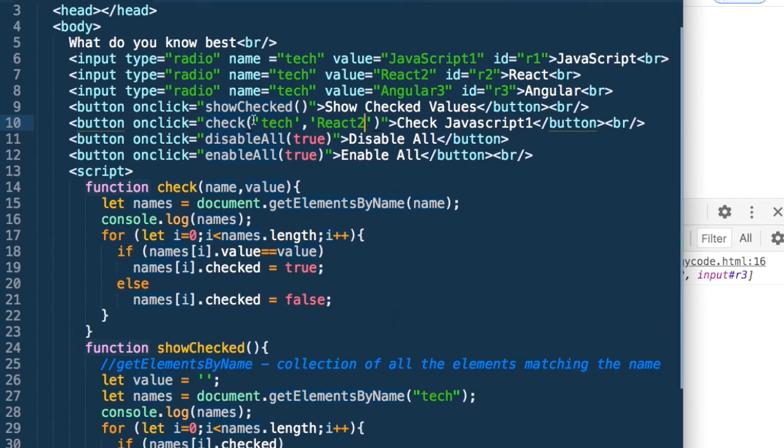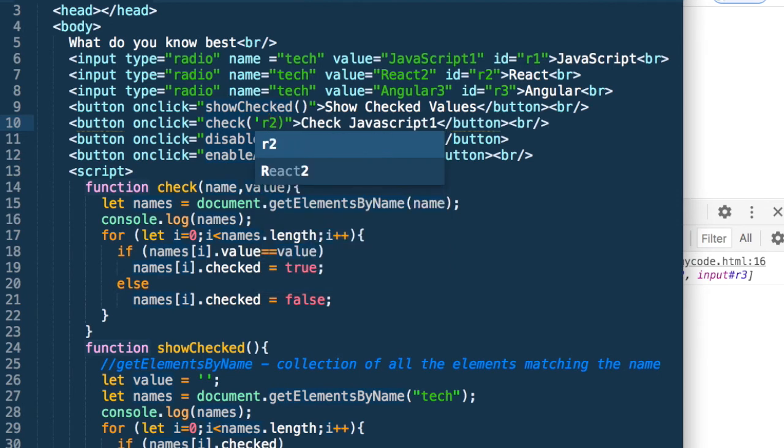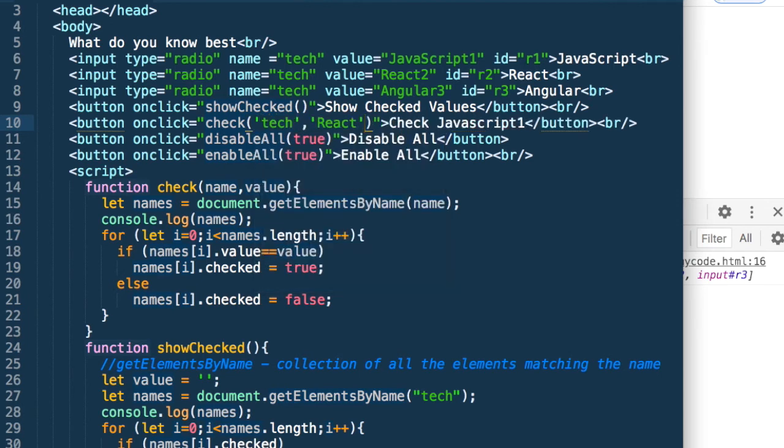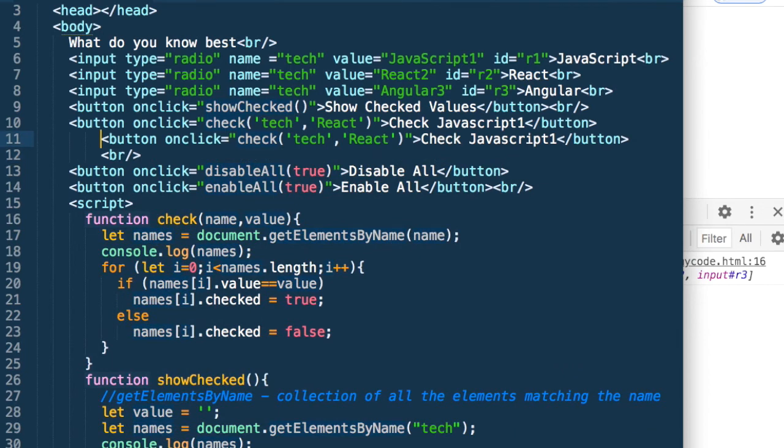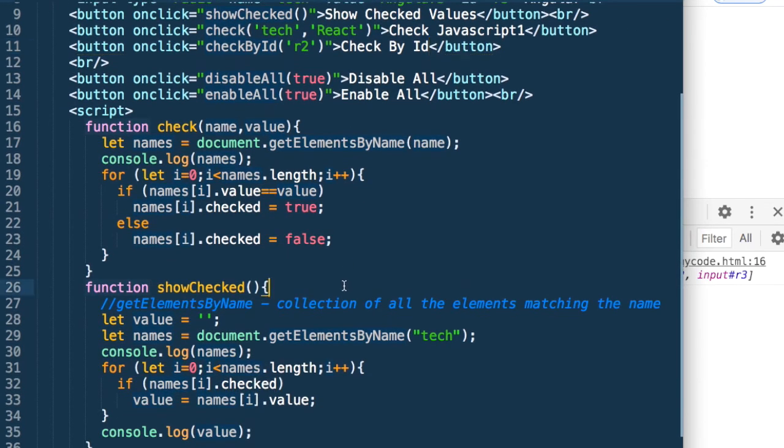The other way I could say is just check and I take the ID. So if I know the ID, let us say R2, instead of defining it like this, let me say check by ID R2. In that case, we could have just checked it by ID.